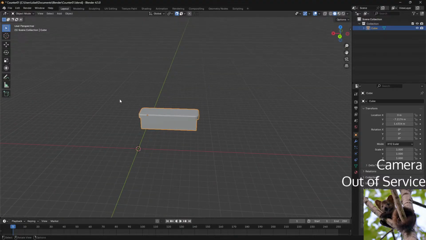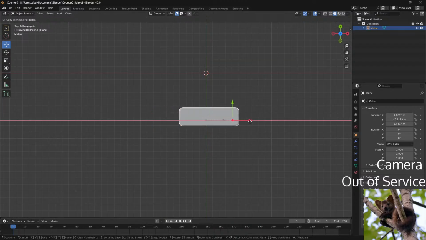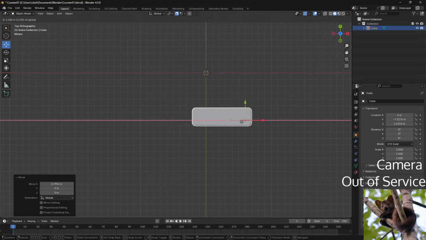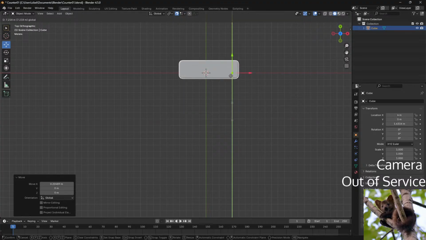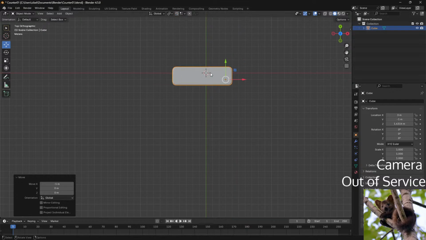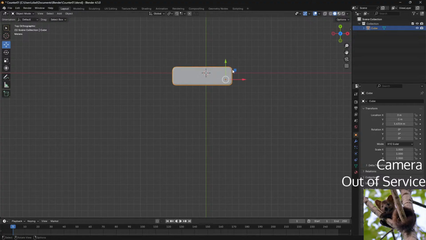How do I put this guy back to the middle? It's not really middle there. Where is it?